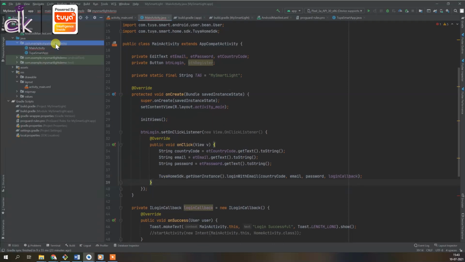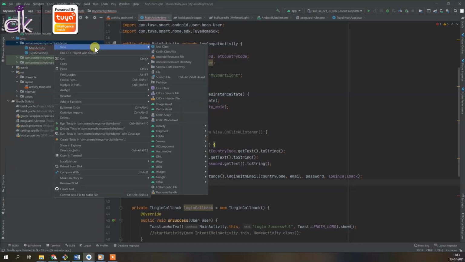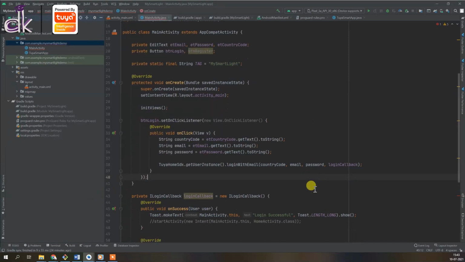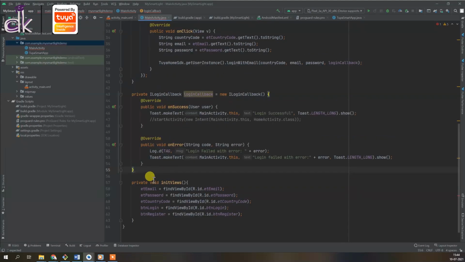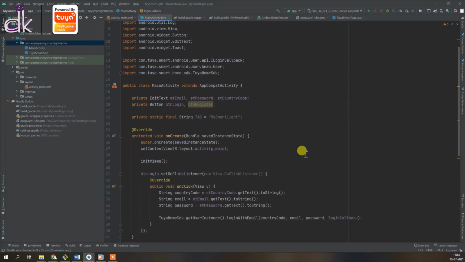Okay, the next thing is if you want to log in, you need to first register the user onto the cloud, right? So you cannot directly log in. So for that, I'll need to create a new activity, and before that, I see there's some error here. Let's actually go to that error. Okay, so this is throwing an error because we forgot to add a semicolon here. The reason is that we are actually creating an instance of this class, and inside that we have created our function. So since this is a variable, you need to end it with a semicolon. Okay, so do that and all the errors should go away.